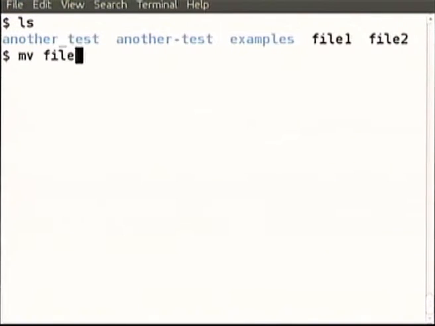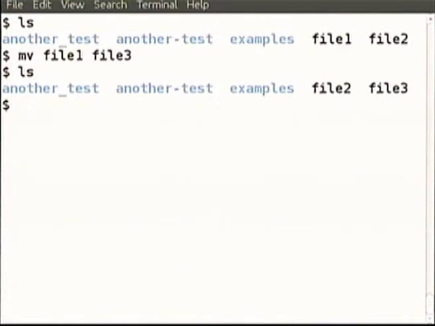Okay, what about move? Move file1 to file3. File1 was already there, and file1 has got renamed. Move is as good as rename. Move in fact is better than that, because you can move files across directories, across different long paths. Rename may or may not work, but move will also work. Move can also move directories from one directory to another place. cp also can copy entire directories, including subdirectories. These are the additional options that one can give.